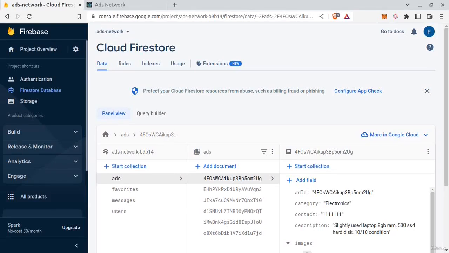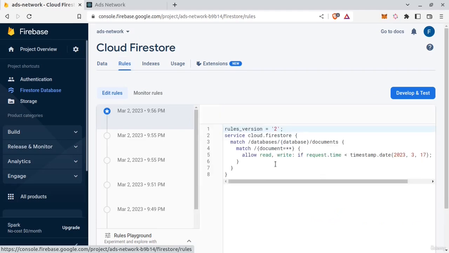So our project is complete, and now let's work on our database security. So I would like to restrict database read and write access to these collections only. Let's say someone has access to our Firebase credentials and he tried to add another collection here, so he won't be able to do that because the rule we will write will restrict access to these four collections only. So click on rules,